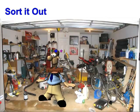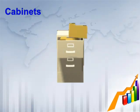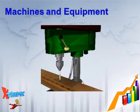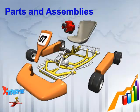Many managers tolerate these conditions in the workplace because they do not understand the extent of the waste and the consequences involved. In order to clear the clutter from your area, you have to define what is needed in the immediate area. To do this, consider the following items: cabinets that can hide outdated material and unneeded items, paperwork that is not required for current production, gauges that are not going to be used right away, machines and equipment that may be obsolete,